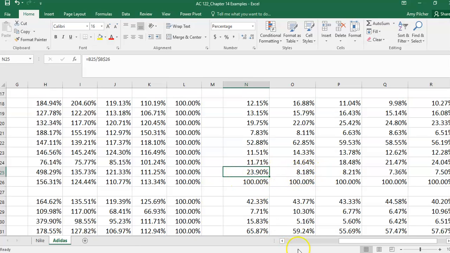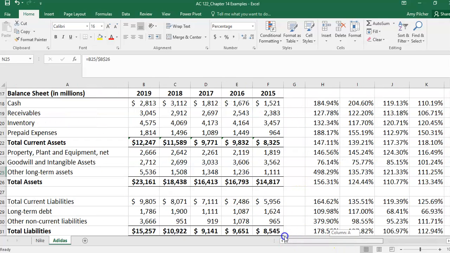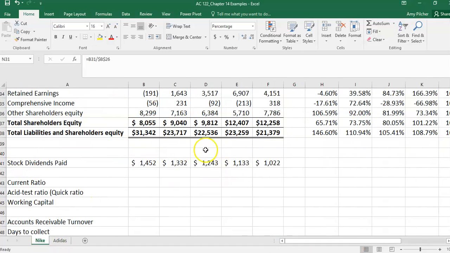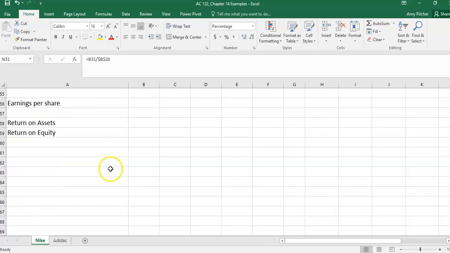But the main one we have here, that's other long-term assets, is where we see a big jump. So some kind of investments, we'd need to go to their financial statements to read in the notes about where that income is coming from. But we see a lot more stability in their financial information from this ratio analysis than we see in Nike's financial information. So the third analysis that we do is financial